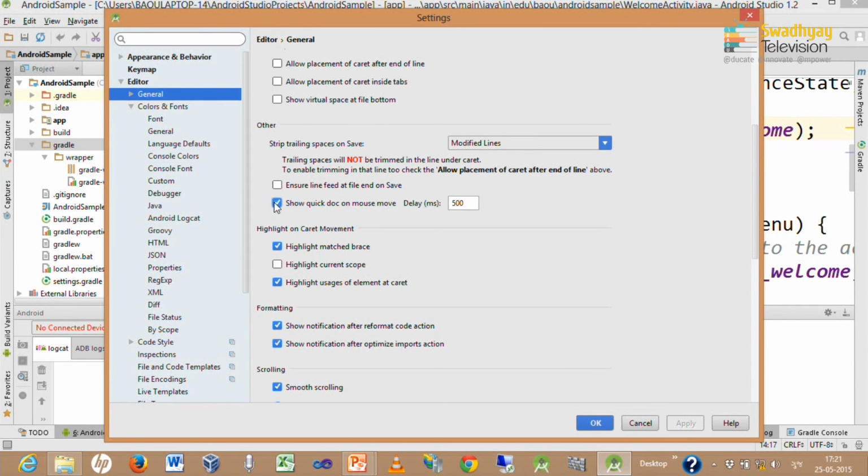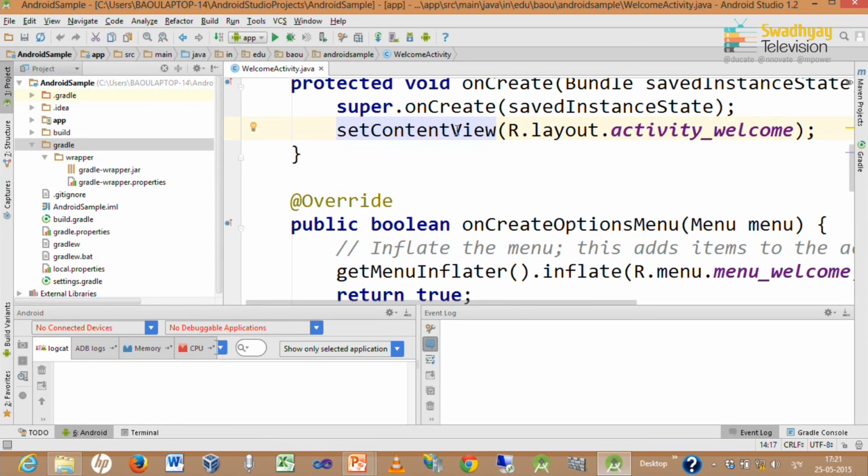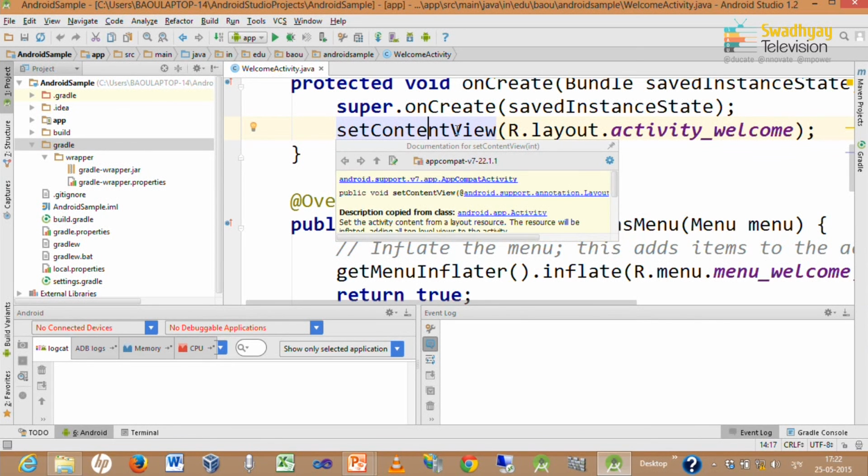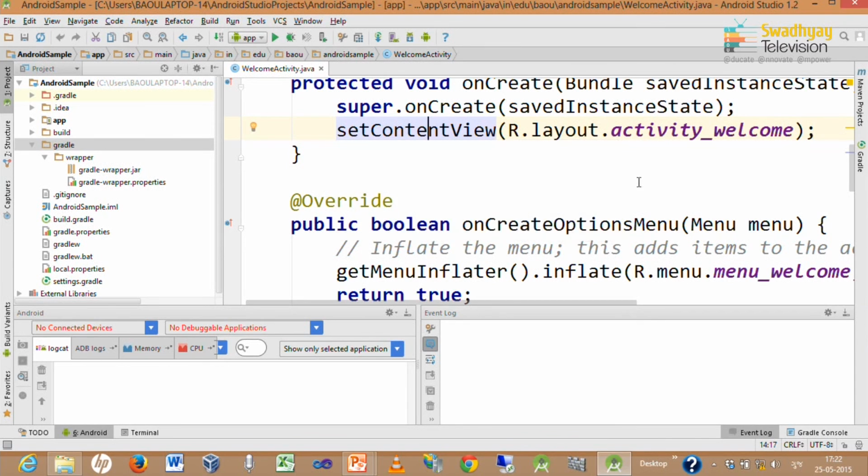By checking this option, you can specify the delay for help, after how much time you want to display it, in milliseconds. 500 milliseconds means half a second. Suppose I write 1000, then help will be shown only after 1 second. So I check this option and press OK. Now we move our mouse to setContentView, and it will automatically fetch help whenever I hold the mouse for more than 500 milliseconds. This option is very useful for displaying help.